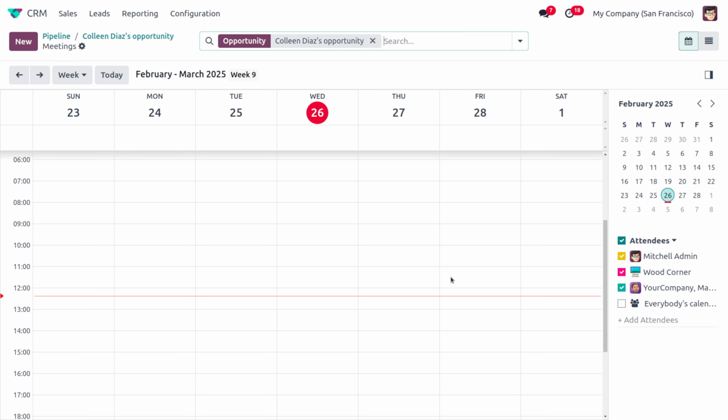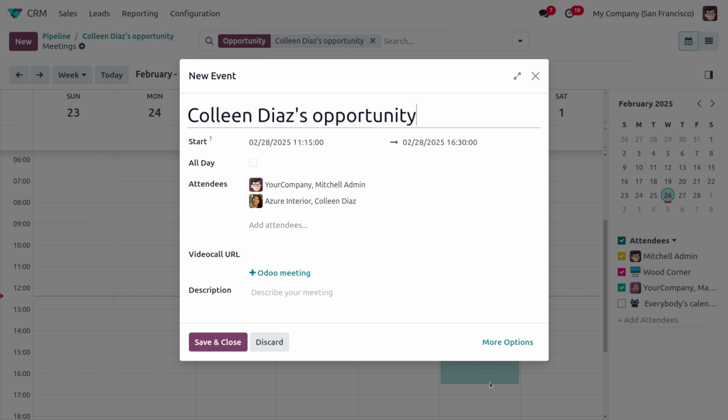So here you can simply drag and place the activity time. When you do this, the task name will be set as the event name, and you can find everything over here. Afterwards, if you want to set this for the whole day, you can just enable that.